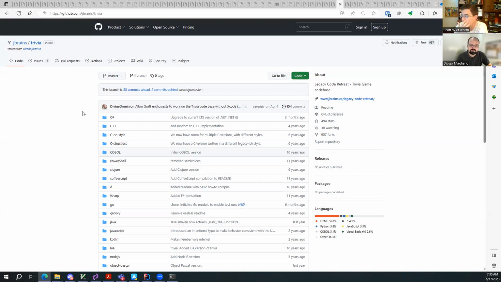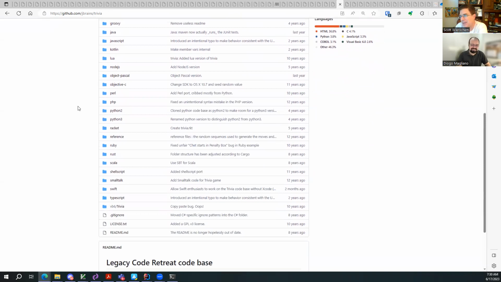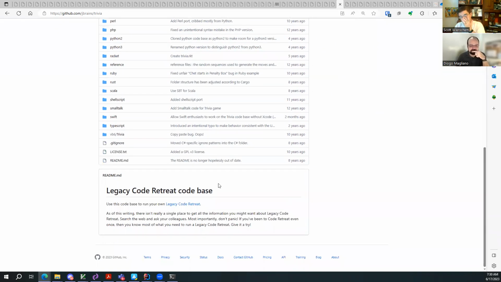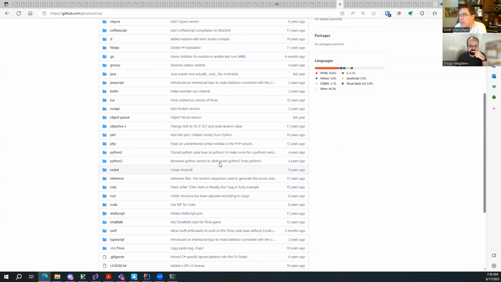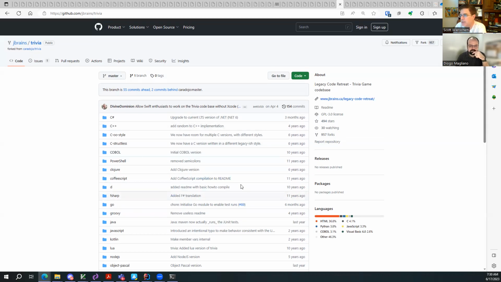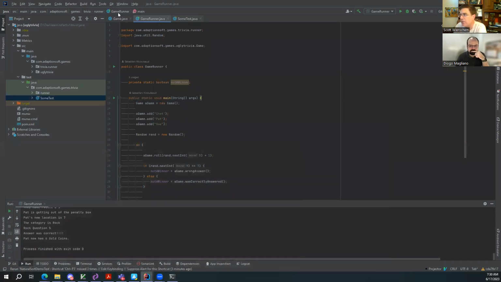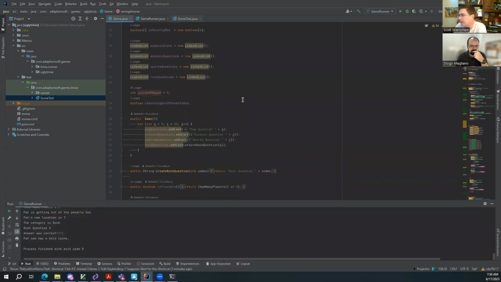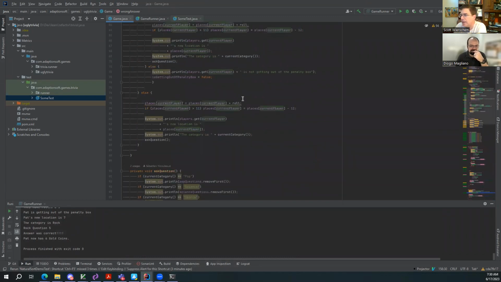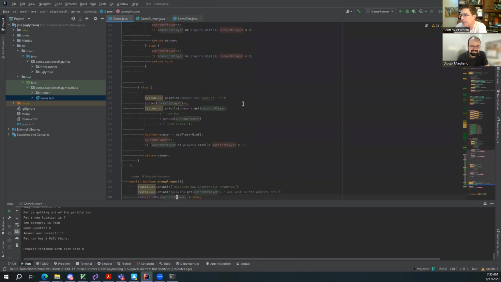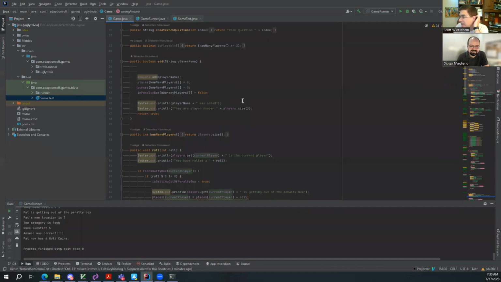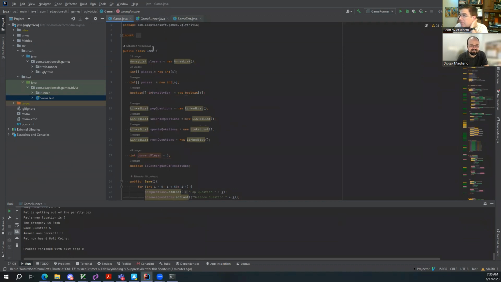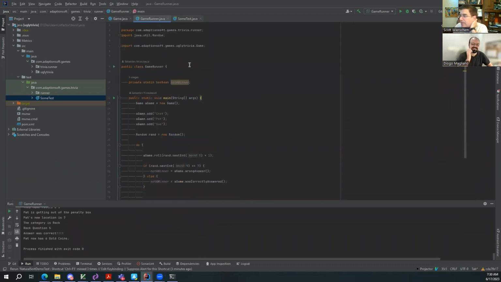JB Rainsberger put together what he called the National Day of Legacy Code Retreat, where he has this sample code that people work through to try and solve the problems, and it's in a whole bunch of different languages. So I just grabbed the Java version, and you can see this is what it looks like. It's not necessarily easy to read, but it plays a game. A game runner,